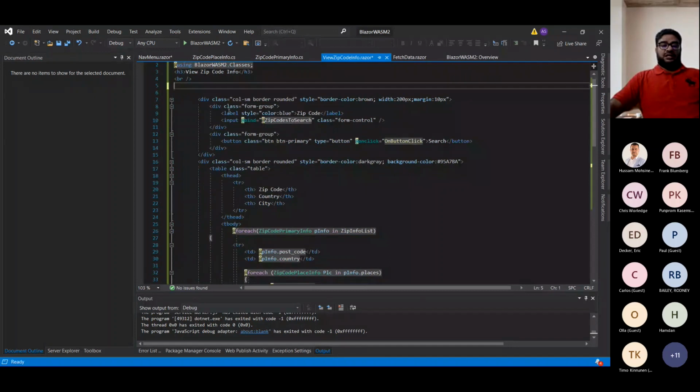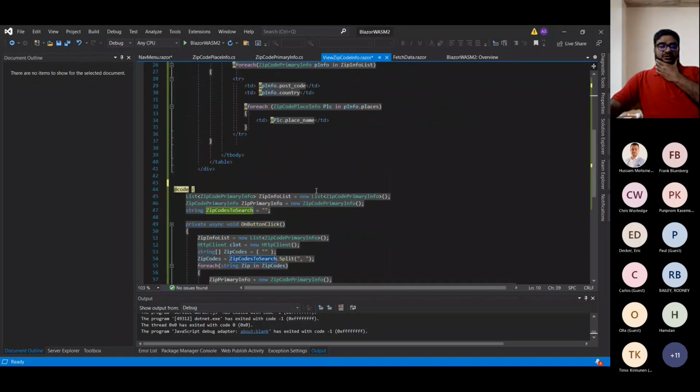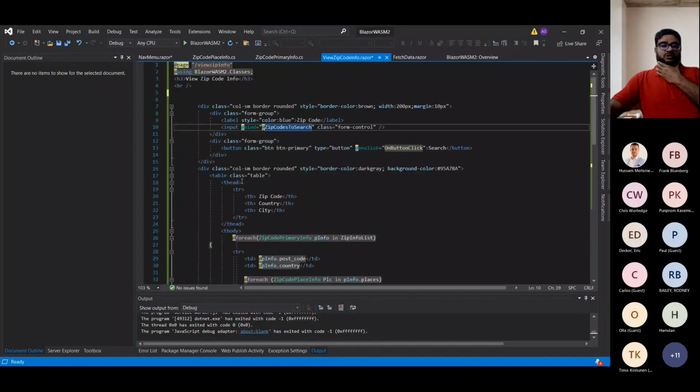Okay, now what we have is a label, zip code, and an input, zip code to search. The zip code to search is the text string. What we want is to catch what the user is entering. It will go to this, and we have the button. That button will take us here. Okay, before we go there, we have